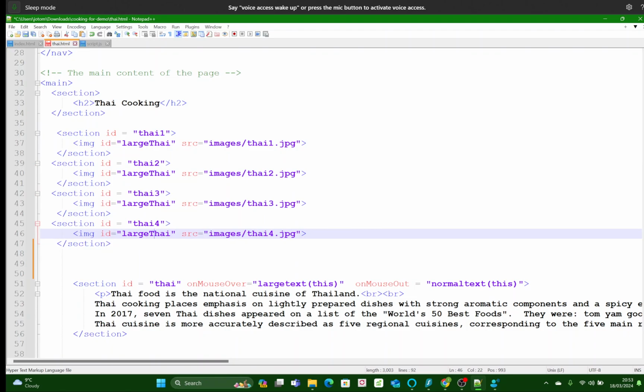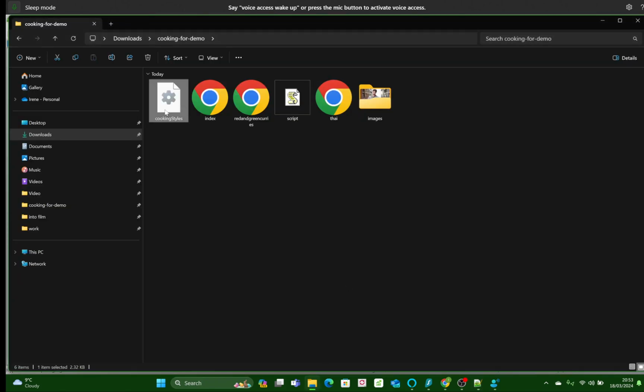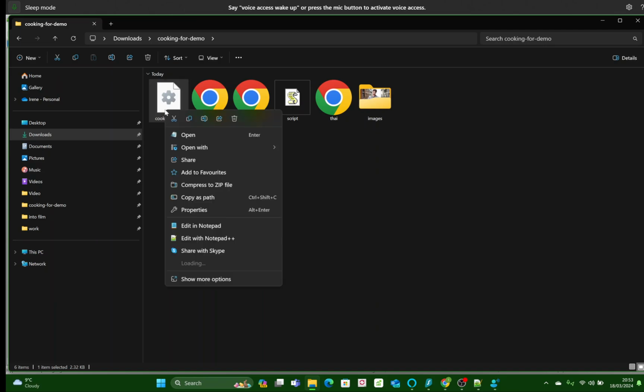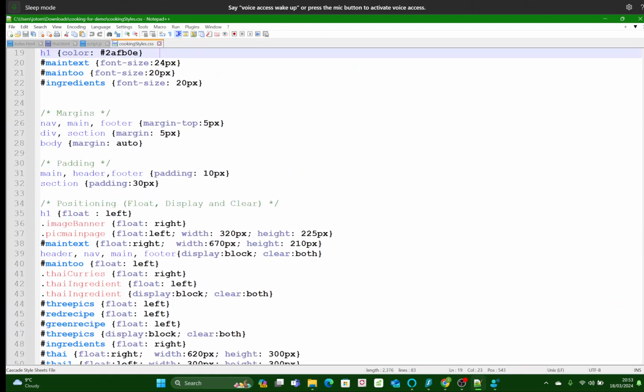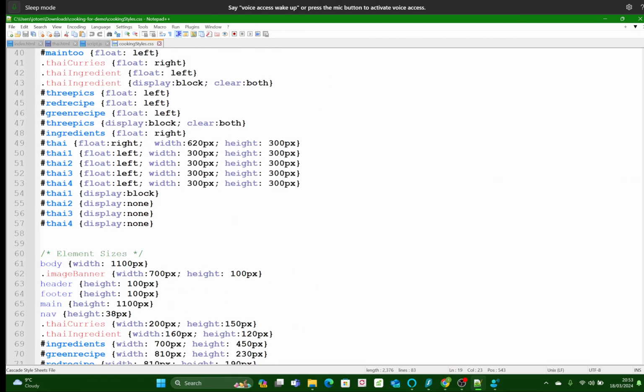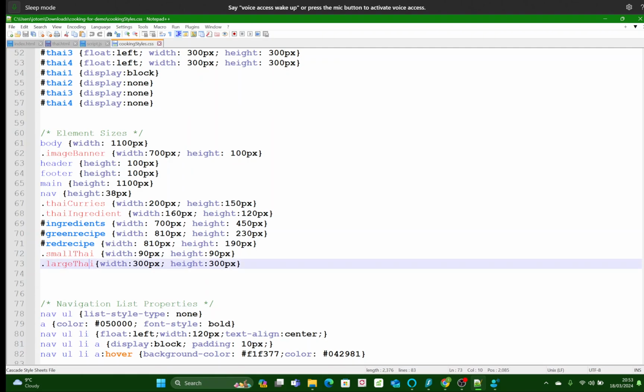This ID called large Thai is a CSS ID. So we're going to go to the CSS file and have a look at that. The cooking styles. Large Thai. So we find the, there it is. So it's that actual size,